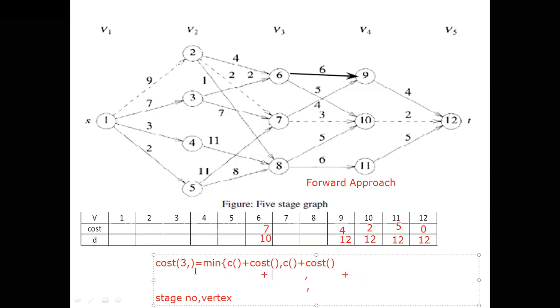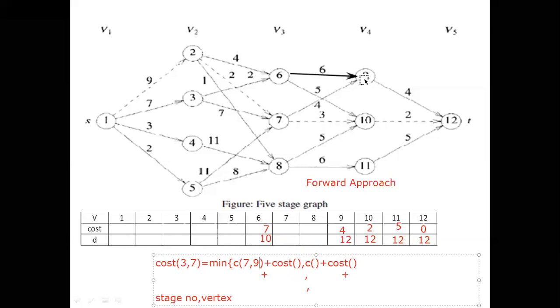It is 7. 3 comma 7 I should write. 3 comma 7. How many edges are going from 7? 2 edges. One is to 9 and one is to 10. That means 2 paths we have to write like the previous one. Which is the first path we have to write? Minimum of, again 2 paths, 7 comma 9. We can write that one here. 7 comma 9 plus cost of